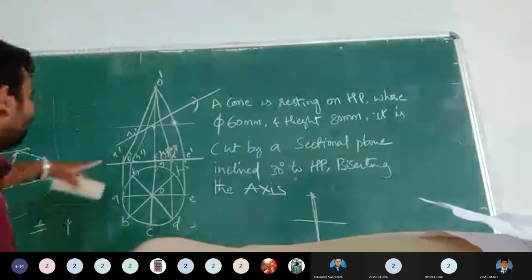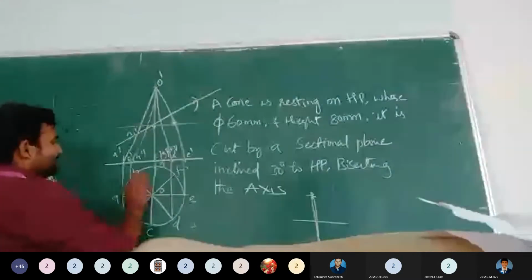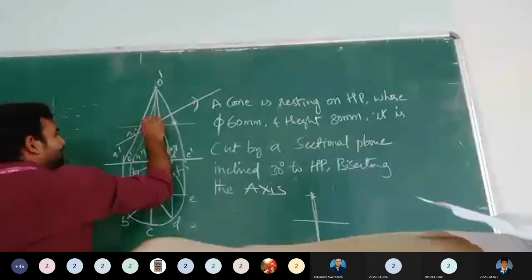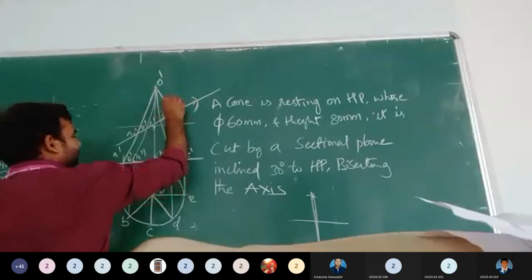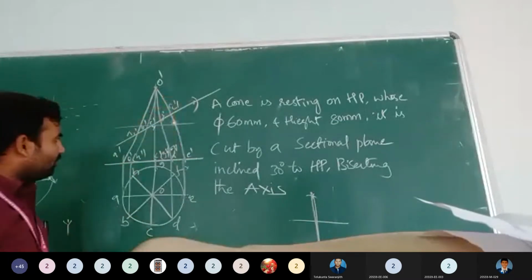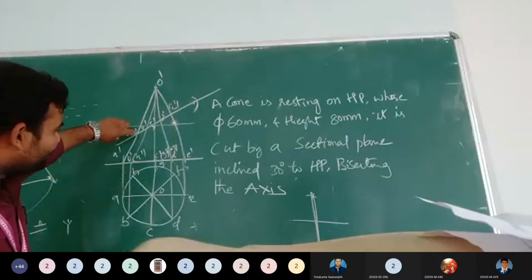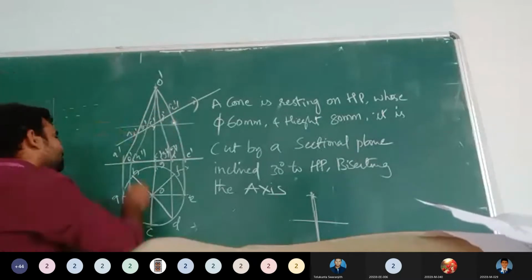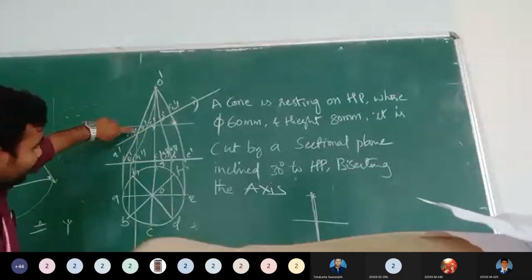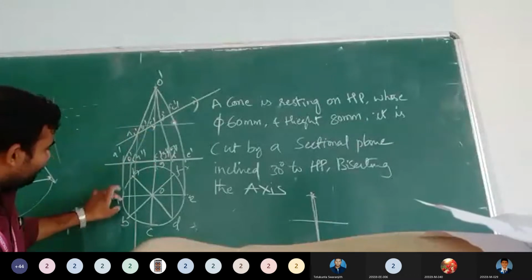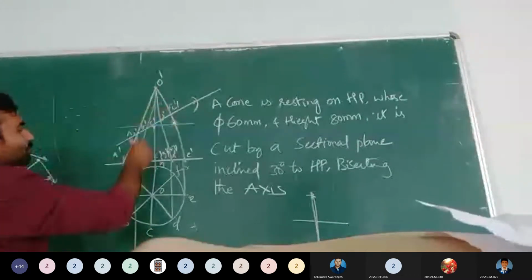Right. Now, this is your A1 dash, and this is your B1 dash, and C1 dash, D1 dash, E1 dash, F1 dash, like that. Now, from this point, whatever the A1 is there, I will draw it downside. From this point A1, first of all, see where we are touching the sectional plane.